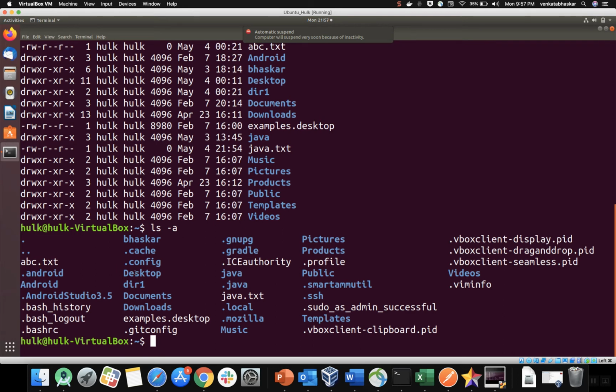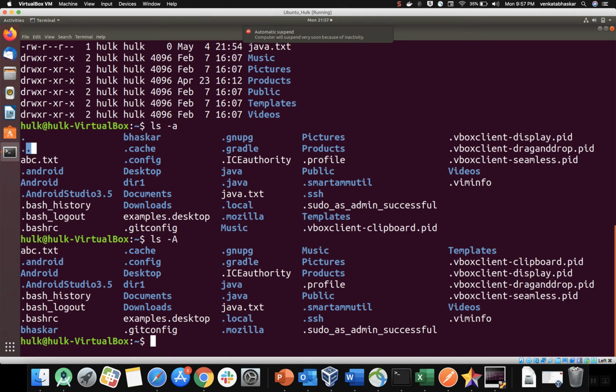My use case is I want to display hidden files plus my directories. If you use -a, it is displaying these two directories also. If I don't want them, then you can use ls -A. If you use this command, these two directories are not available as part of this command. Now you know how to display the list of files, reverse order, time based and hidden files also. Still we have some options.